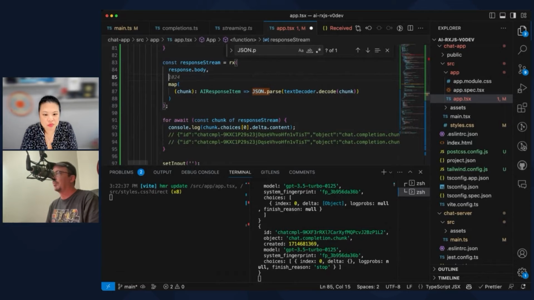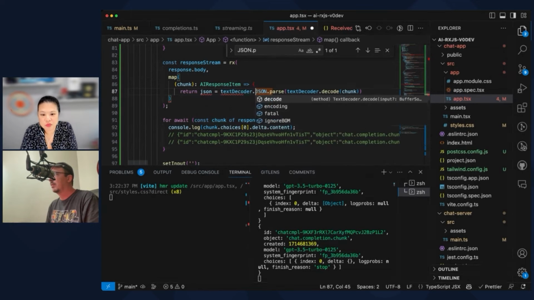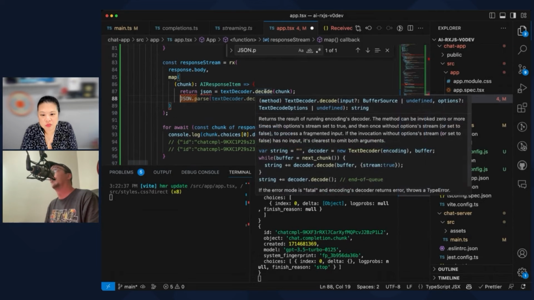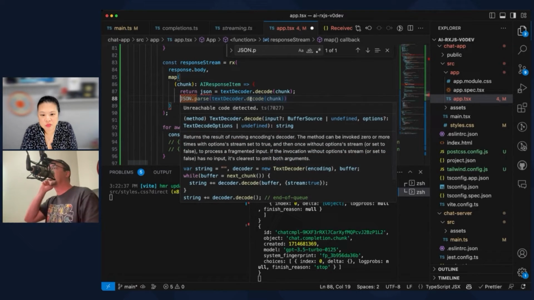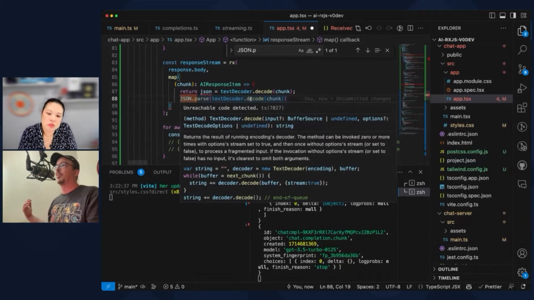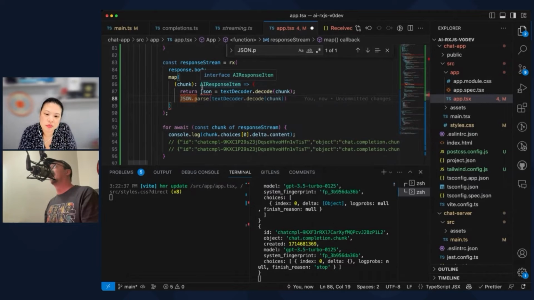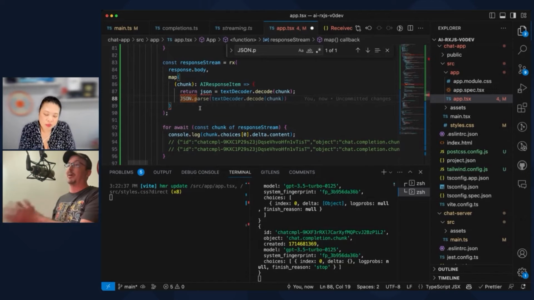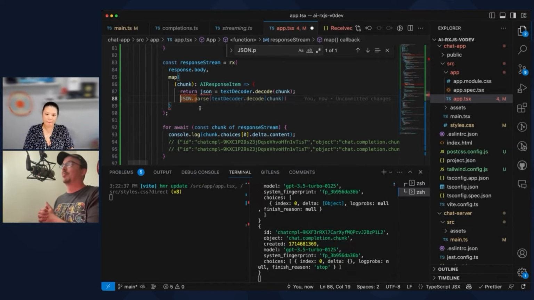I am going to do it in two steps. Well, no, I'm not. You know why? It's because this is not... All right. So here's a challenge. One of the challenges you have with streaming responses over fetch is you get part of a JSON object, but not the whole thing. So we have to create something like an operator here that will go through and read the text and be like, am I the last bracket in this JSON? Is my JSON done or not? So that takes a little time.